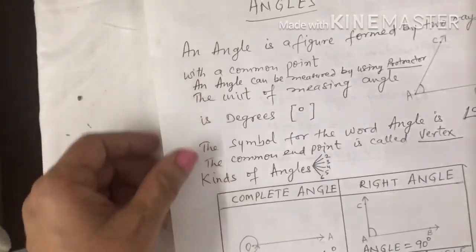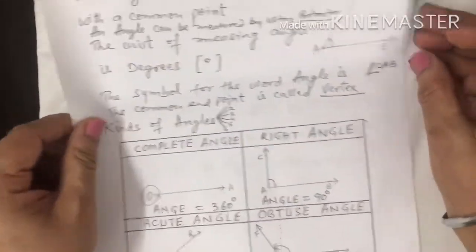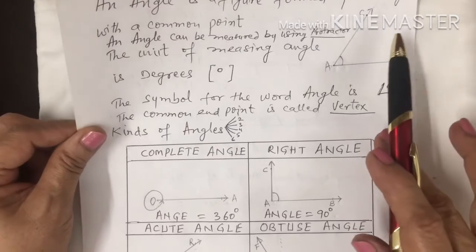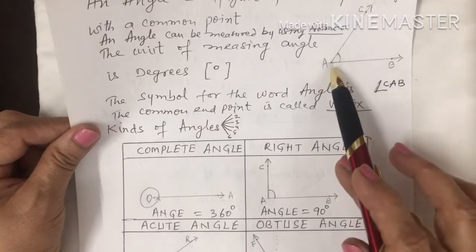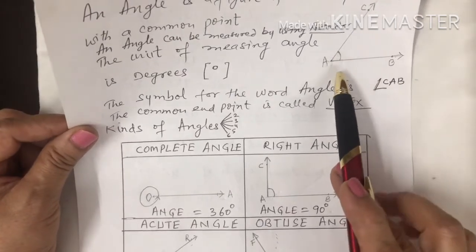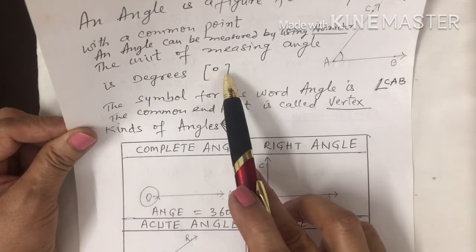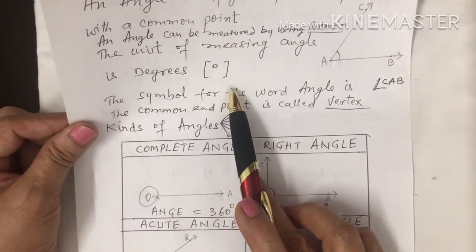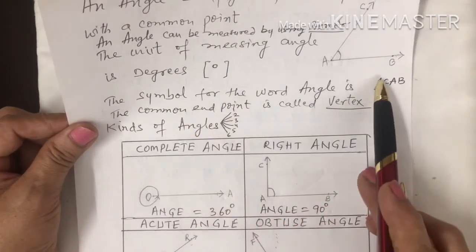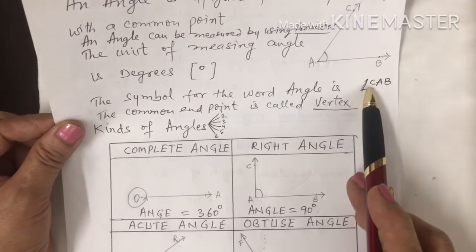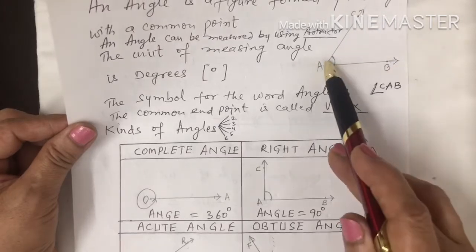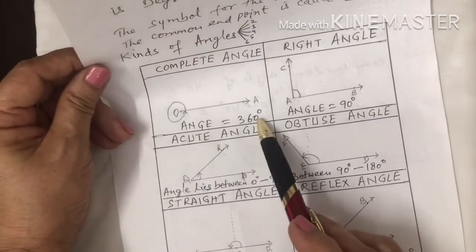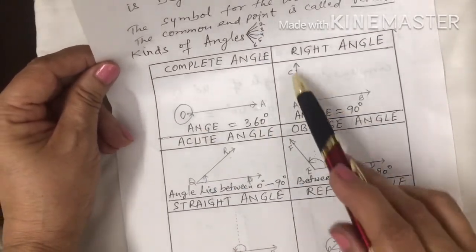So we can revise what the angles are. An angle is a figure formed by two rays. These are the two rays, and the angle can be measured by using a protractor, and the unit of the angle is degrees. We denote it with degrees, and the symbol is like this. This is an angle. And the common point of two rays is called the vertex. Then complete angle is up to 360 degrees, right angle 90 degrees,